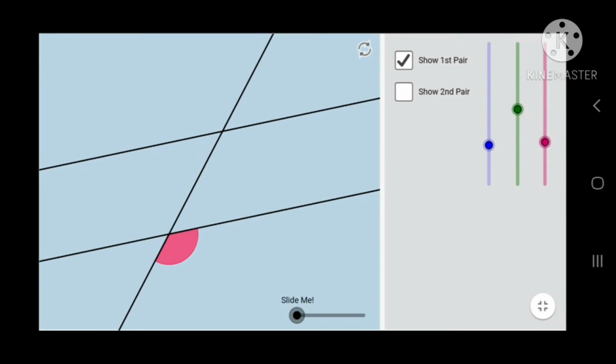Let's have a look at one more visualization for alternate exterior angles and how they are equal. As this is the first pair that we are taking, you can see here the alternate exterior angles, how they are formed. These two are equal in measurement. You can see that the angles are of equal measurement. So this is the first pair. And now let's see the second pair also. The second pair also forms the same measurement. As you can see here, these are the alternate exterior angles. So alternate exterior angles are also equal whenever a transversal intersects two parallel lines.